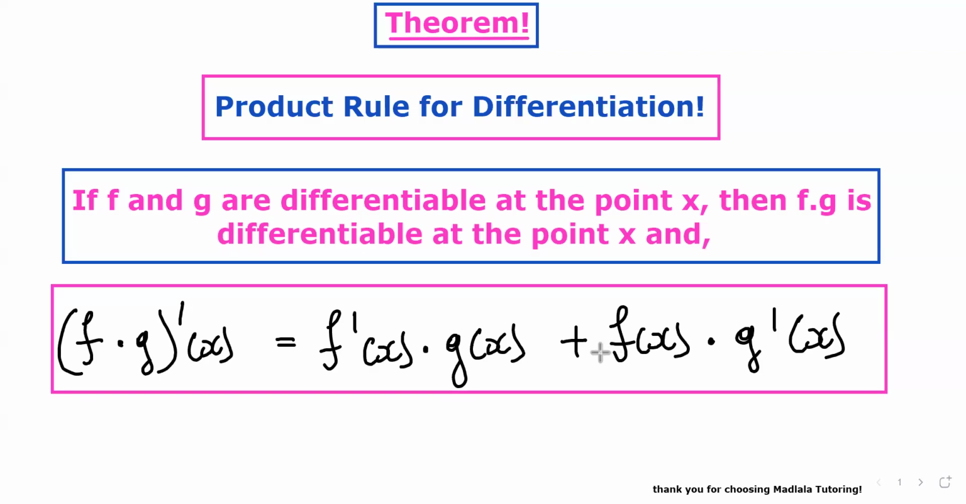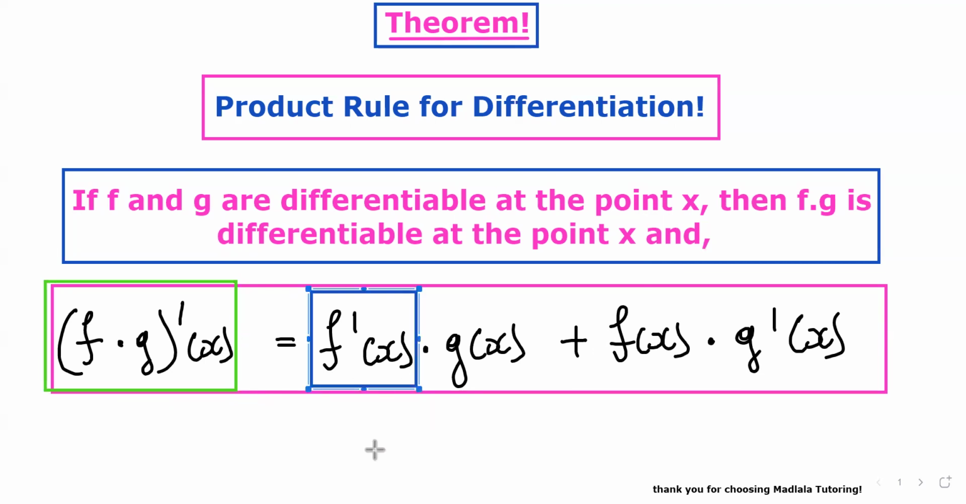And of course, we also have a theorem which is called the product rule for differentiation. According to the product rule, if f and g are differentiable at the point x, then the product of these two functions is also differentiable at the point x. And now that the product is differentiable, the derivative of this product will be given by the derivative of